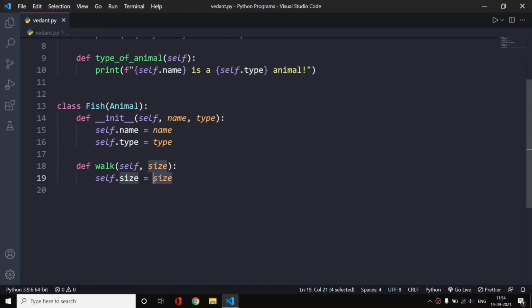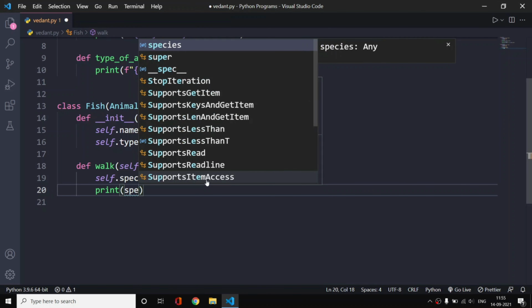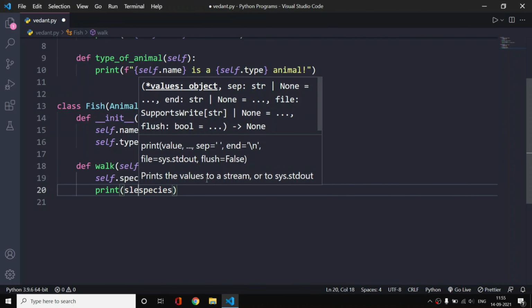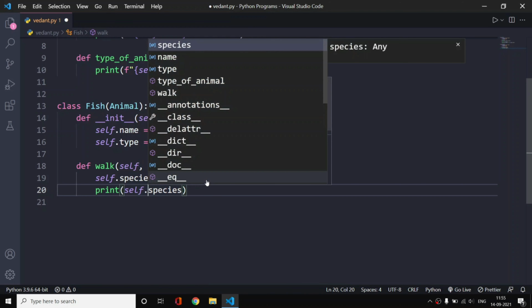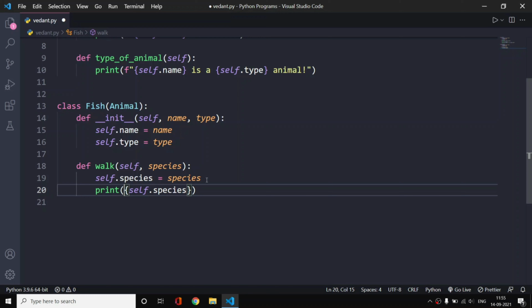Or let us say species here, and now we will print these species. We need to print self.species as well, using an f-string.